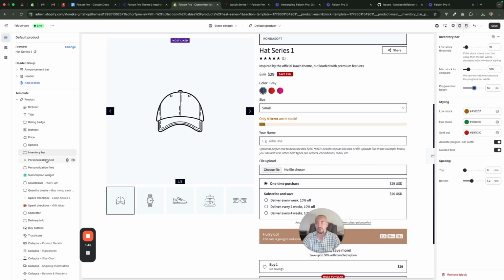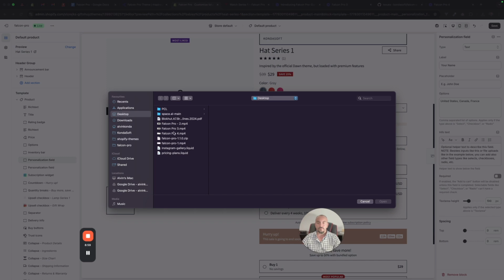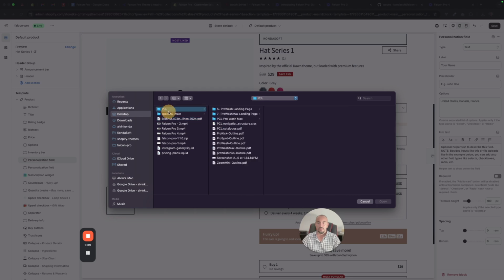Okay, then you have the personalization fields, and these are custom attributes that you can use to get additional data for your product. So here I can add my name, or I can choose a file. Let me find a file here. For example, I can choose this. This is a large file, in fact. Let's choose another